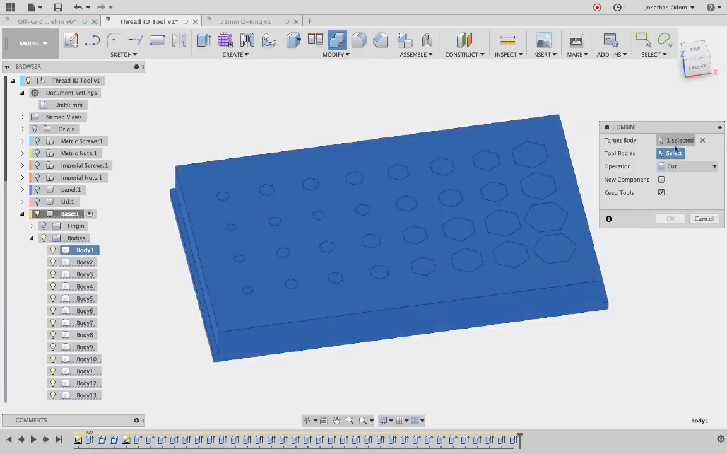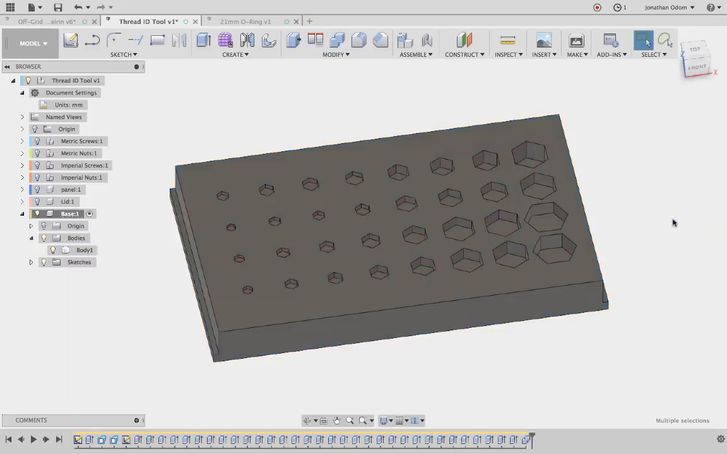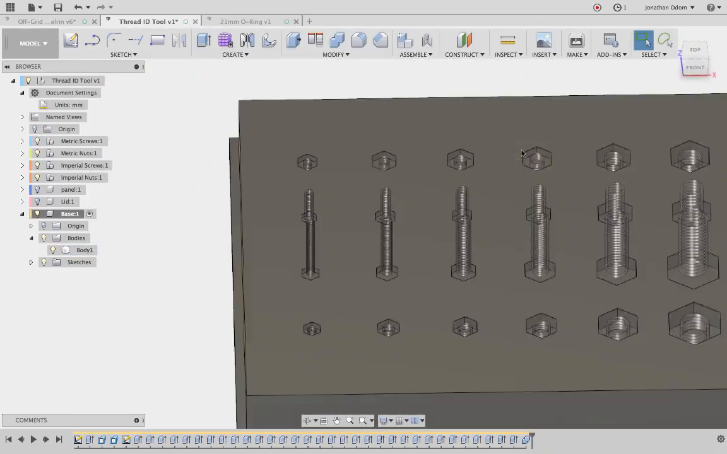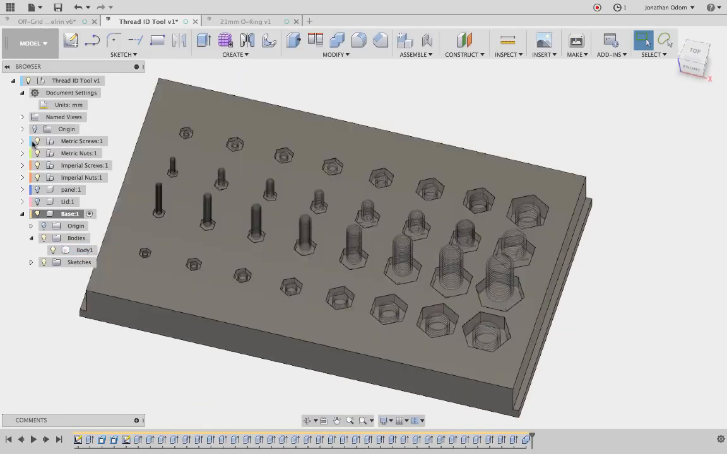That's my target body. And then tool bodies is going to be all the rest of this stuff. And I don't want to keep the tools, because those aren't useful to me after I do this. So when I click that, I should see that all of these things fit in here just fine. And that should be good. So the only other thing I want to do is